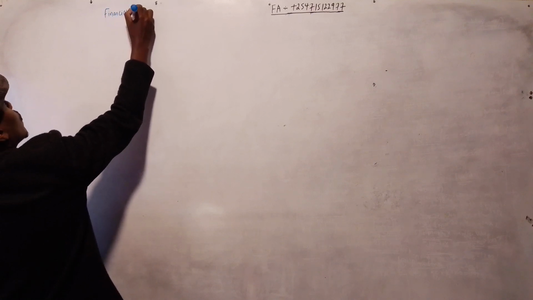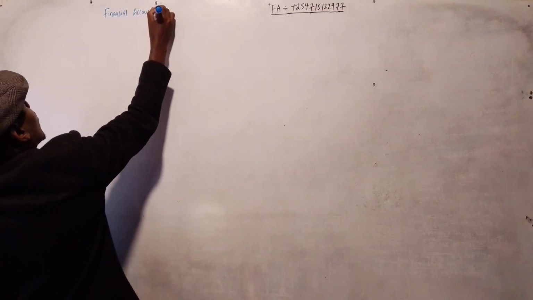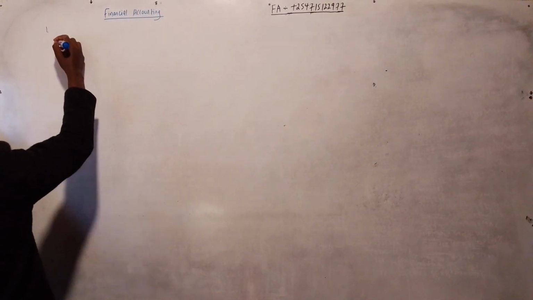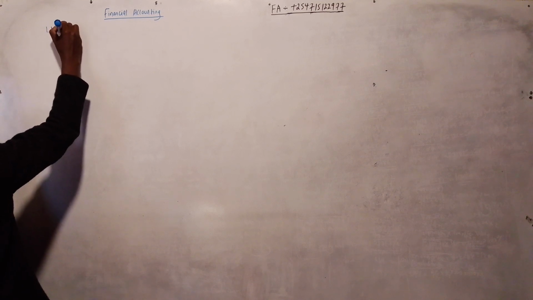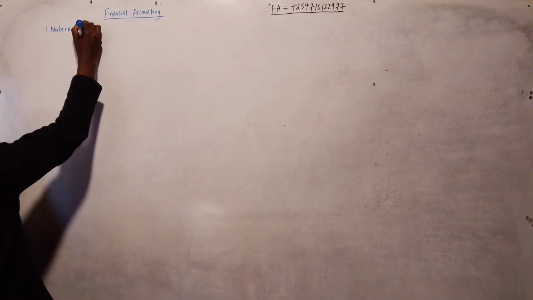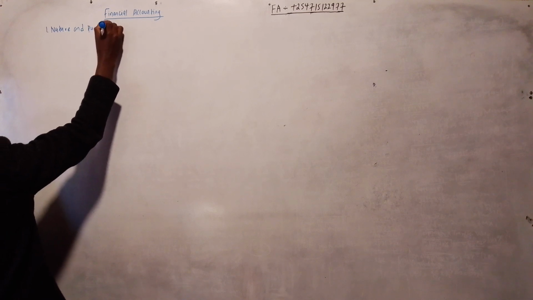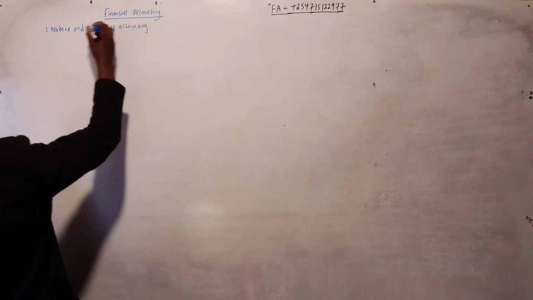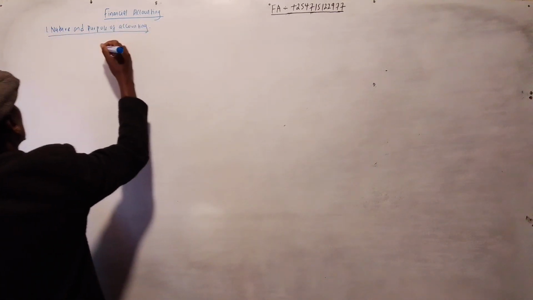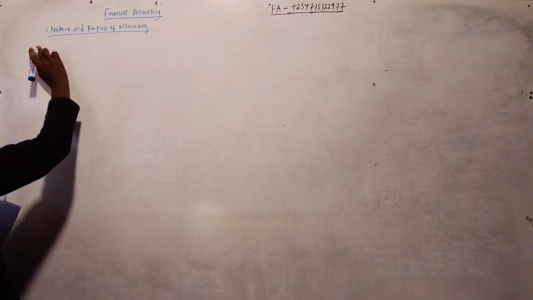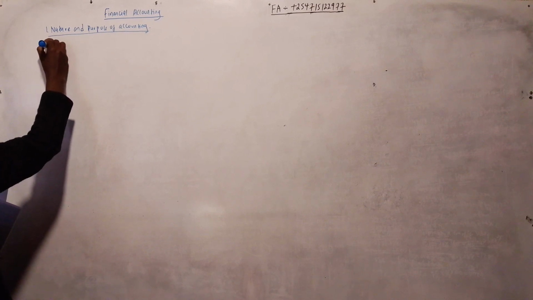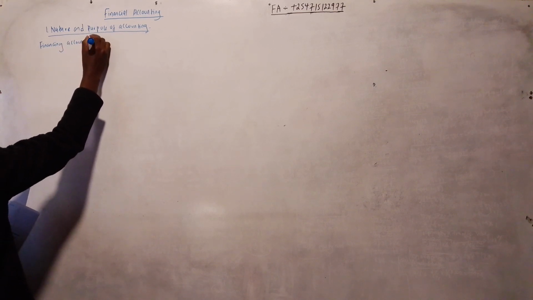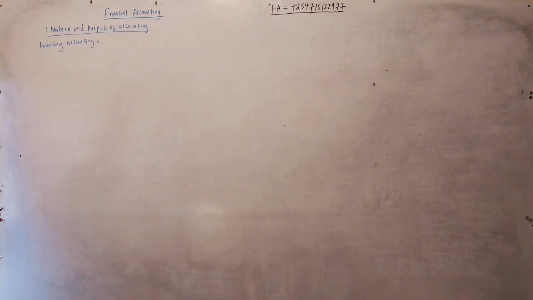So this one is financial accounting. The first subtopic is the nature and purpose of accounting. Now in this section, we shall define what is accounting, what is financial accounting. So let us start with the definition of financial accounting, and we say